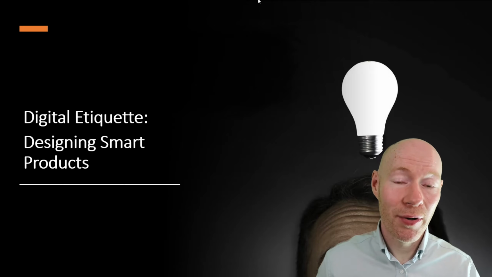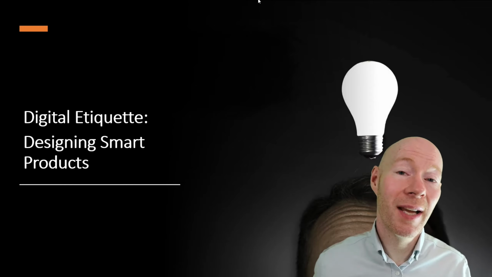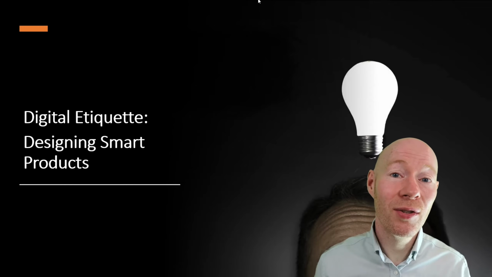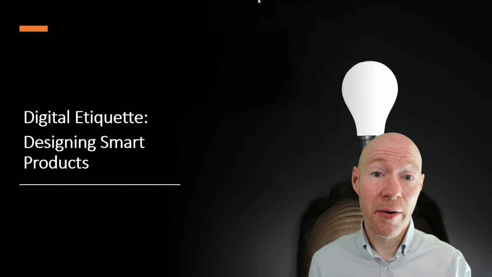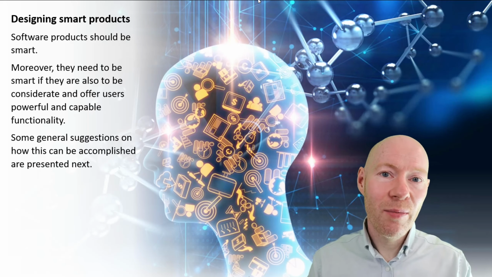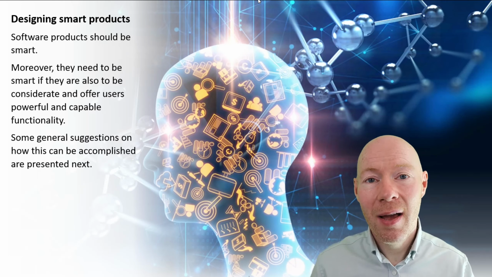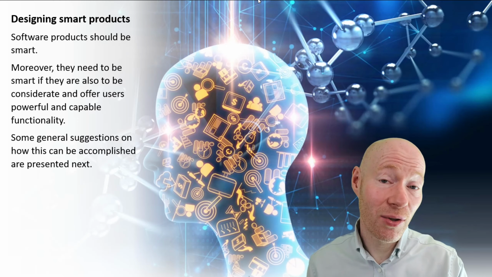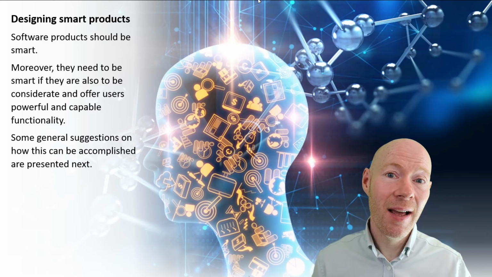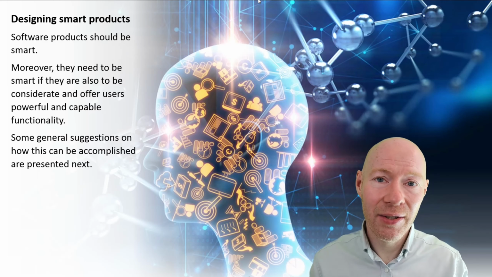Designing smart products. In this section we'll have a look at a number of quite practical techniques and approaches that we can use to create software that we would characterize as smart. Certainly when we were thinking about considerate software in the last section, we identified a number of forms of behaviors and ways that software ideally should act, that if we're to do that, we do need to have smart, intelligent,